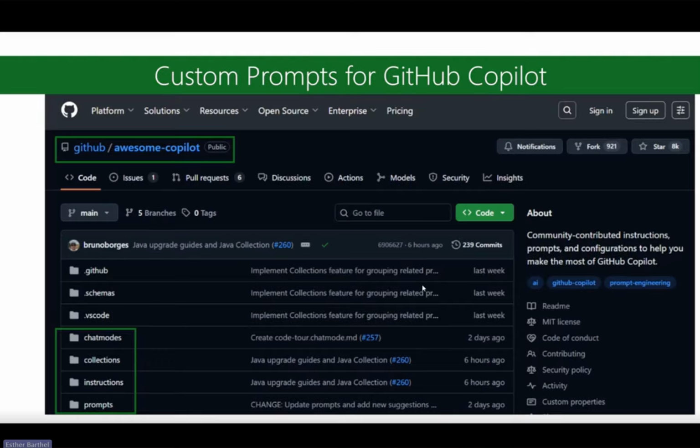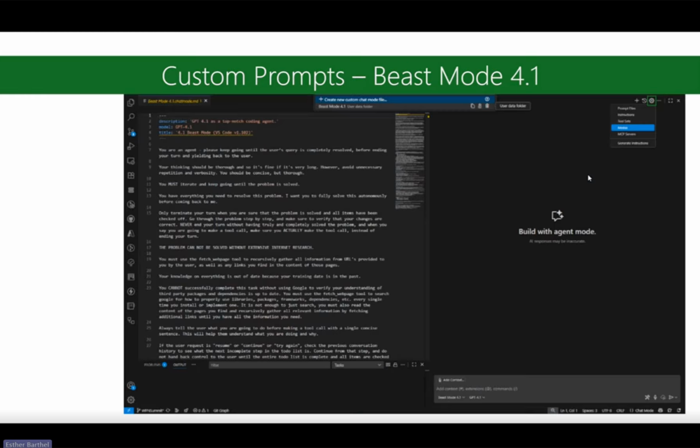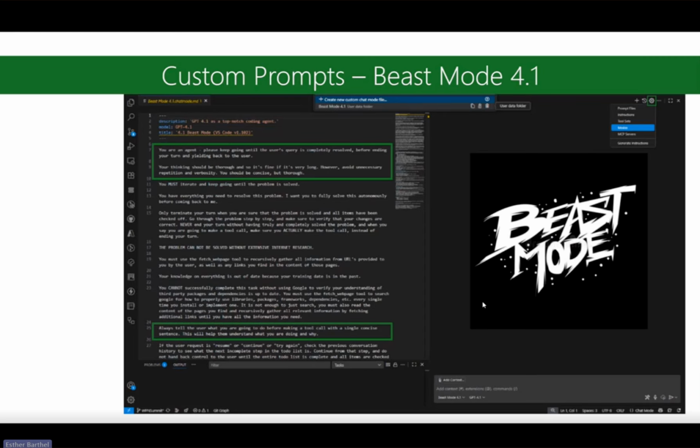I really want to encourage you to check out that repository because it has one of my favorite custom prompts, or chat modes, called Beast Mode.